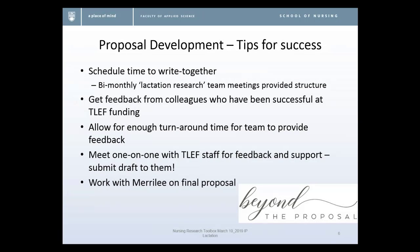Our proposal development tips for success: schedule time to write together. We had bi-monthly lactation research team meetings, an hour set aside every Tuesday morning, by GoToMeeting, so partners at various sites could get together. That kept us on process. And then what everyone else has said, feedback from colleagues who've been successful in the past, getting to look